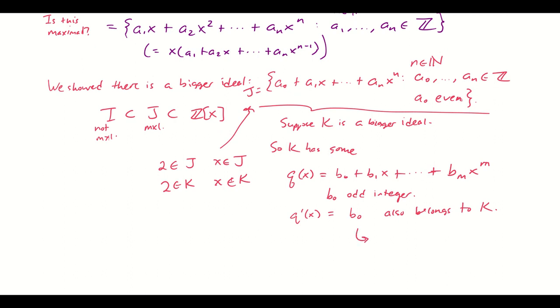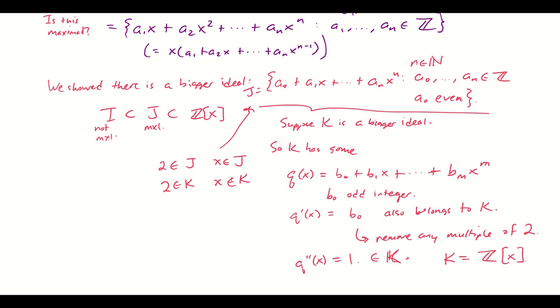But now I could take this and I could remove any multiple of 2. Which means I could get down to another Q, we'll call that Q double prime of x, equal to 1. This also has to be in K. And then once I have 1 in K, the game is pretty much over. Any multiple of 1 is going to be in K, which means any polynomial with integer coefficients is going to belong to K. So now K ends up having to be the entire ring of polynomials with integer coefficients.